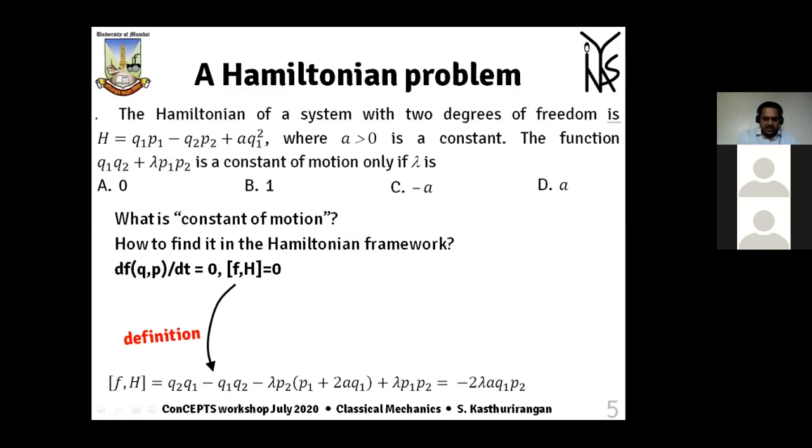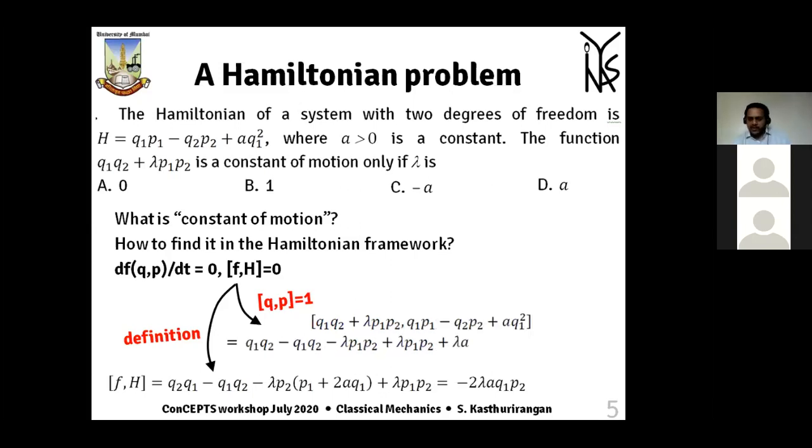Of course, the alternative route is to use the fundamental Poisson bracket relations, that is, the bracket of qi and pi will be 1 and for any other combinations of the q's and p's, the Poisson bracket is 0. So you can open out the Poisson brackets using the normal multiplication rules for Poisson brackets, and you will arrive at the same answer because it's the same quantity you are computing. Whichever method works for you, you can use. It's a matter of preference.